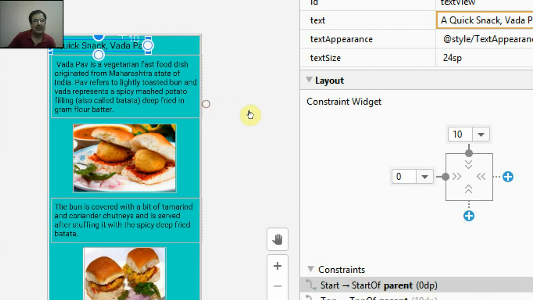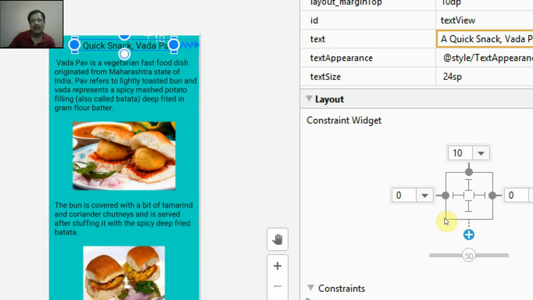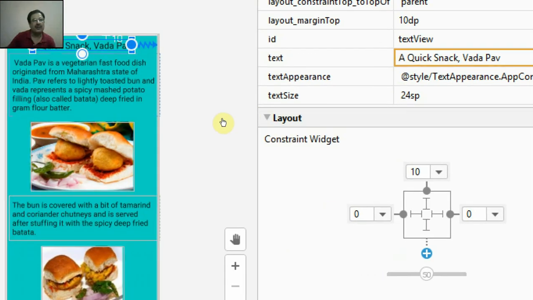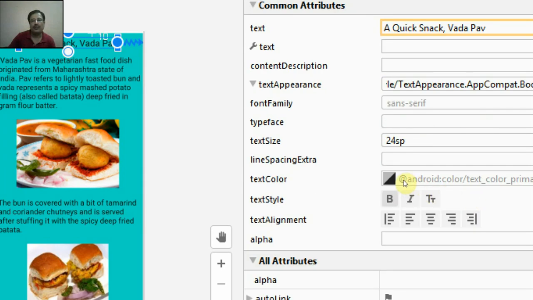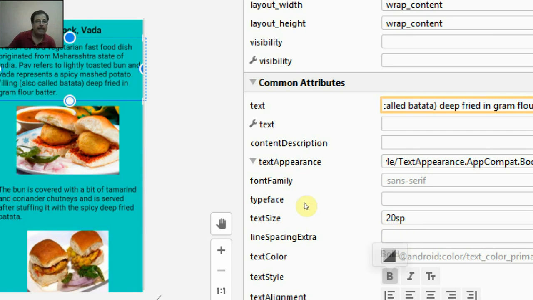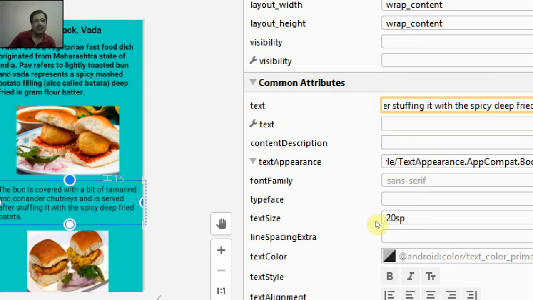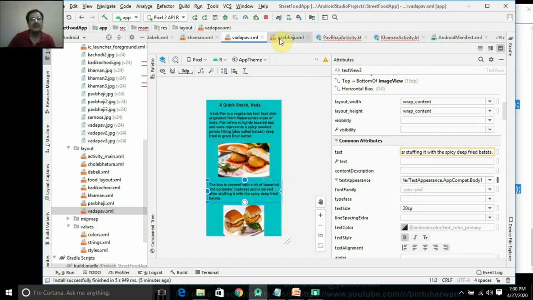Drag this node to here, drag this node to here. So it's perfect, it's at the center. Change its style property to bold. Make it bold. Click here, make it bold, and click this text property and make it bold. Right, so this has to be done on all the layout files.